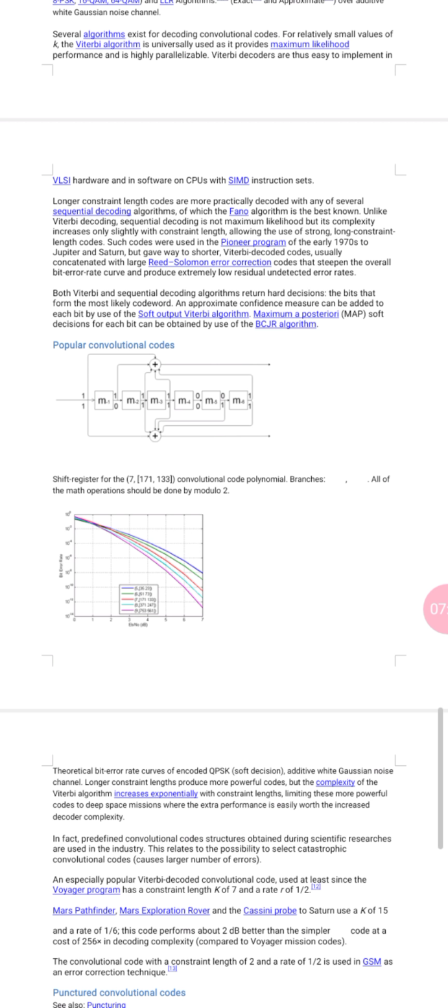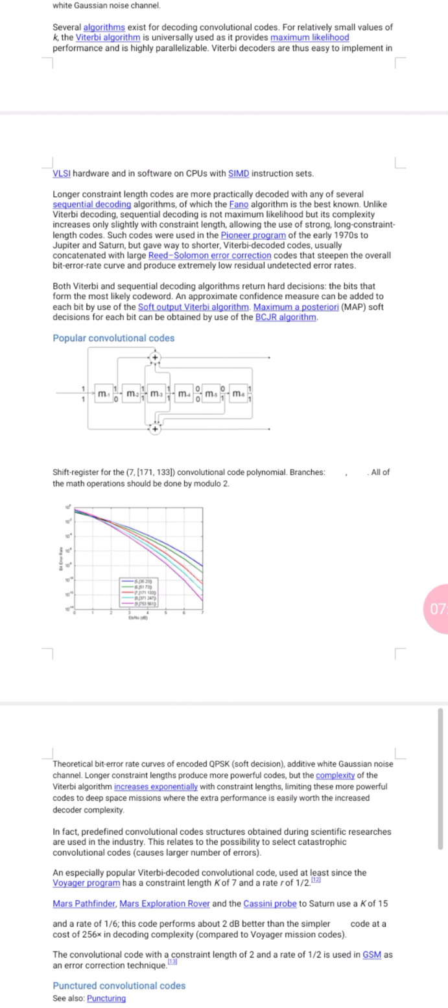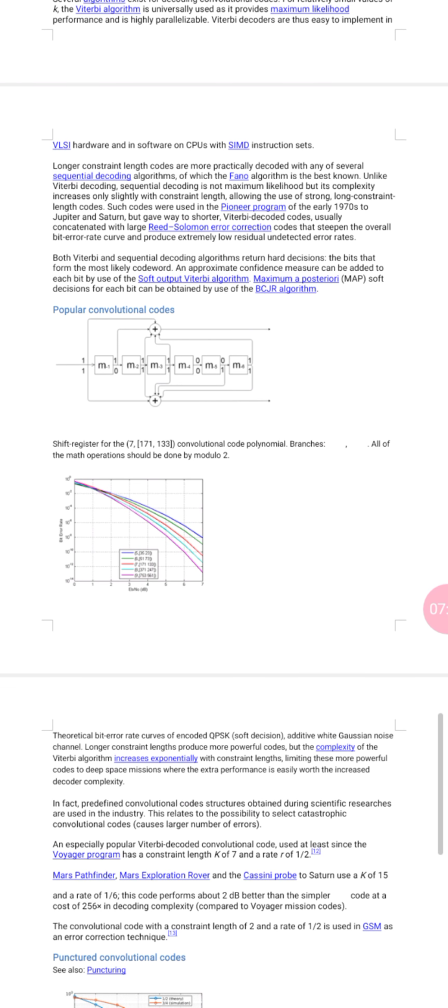Such codes were used in the Pioneer program of the early 1970s to Jupiter and Saturn, but gave way to shorter Viterbi decoded codes, usually concatenated with large Reed-Solomon error correction codes that steepen the overall bit error rate curve and produce extremely low residual undetected error rates.